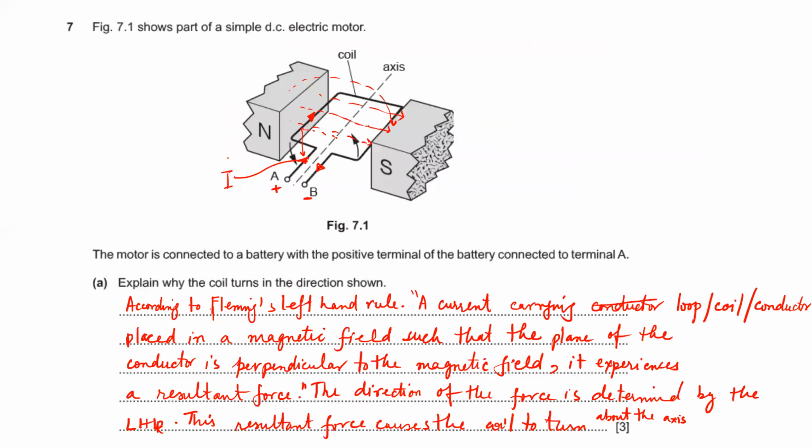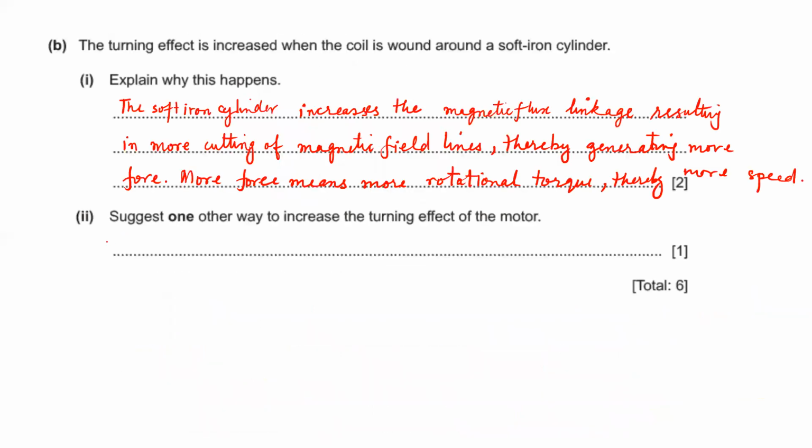Okay, so one case is to have a soft iron cylinder. The other case is to increase the amount of current, or a bigger battery. You can use bigger magnets. You can use more number of turns on the coil. So you just have to write, say,